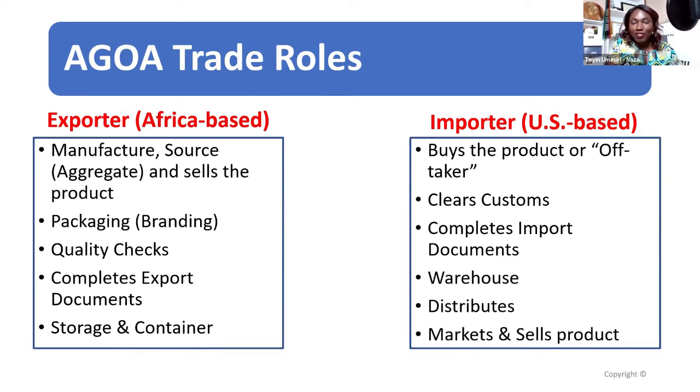Let me start with the African exporter because we have both stakeholders accessing this training. As the exporter on the continent, you are going to be responsible for either manufacturing, or you are playing more of an aggregator role. So you are sourcing and aggregating because you have a lot of small older farmers, right? On the continent, you don't really have the mainstream, big company, right? Not yet, but we're getting there. There are some in East Africa, but predominantly in West Africa, we have a lot of small older farmers.